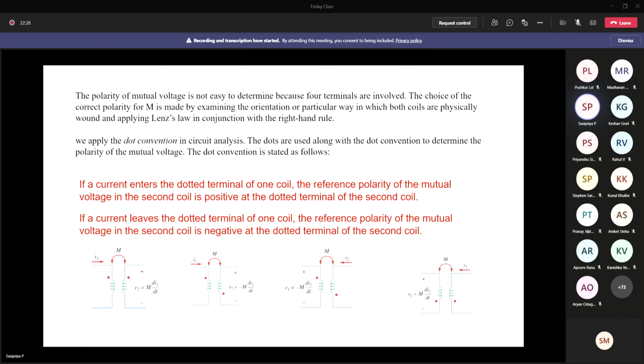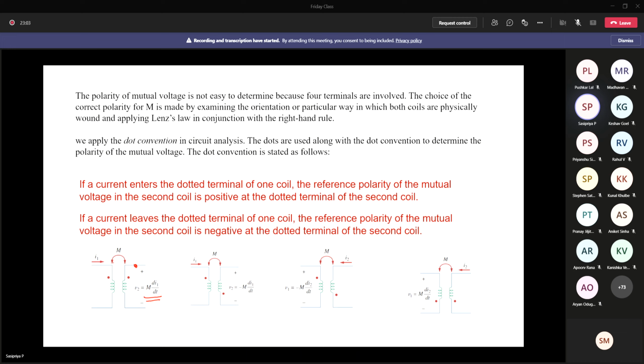This mutual inductance value is going to be some positive quantity. Whereas for the EMF induced or the voltage generated due to this mutual inductance, the polarity of that voltage is very important. You know that, right? To analyze this magnetic circuit, that is electromagnetic circuits, this voltage and current direction is very important. So for voltage, we need the polarity, that is, with respect to this point, whether it is a positive voltage or a negative voltage.